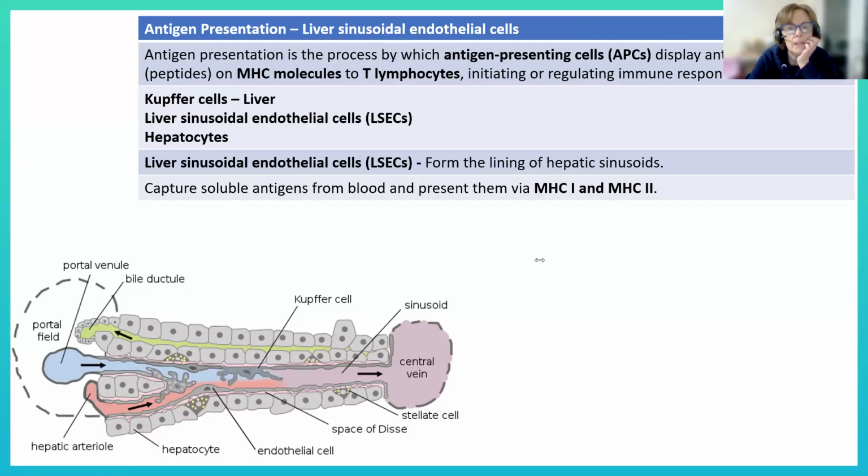In what cases does an immune response not happen? Because if it's still an antigen, would it not be risky? Right, yeah, so